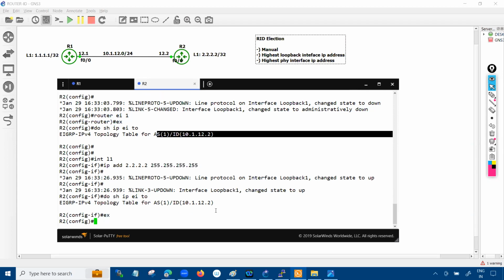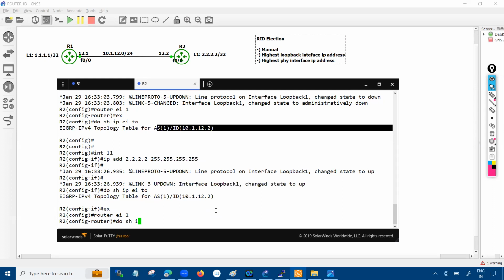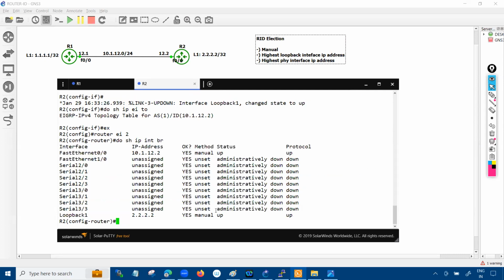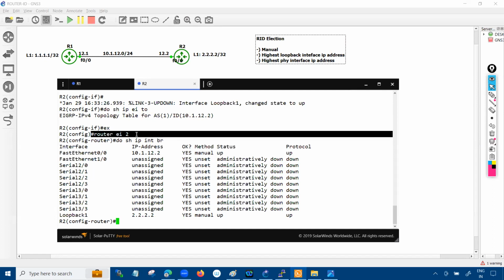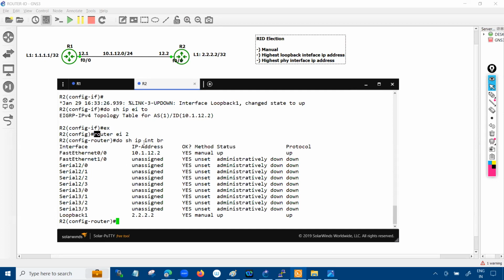But if I create another autonomous system number on router number 2, router EIGRP number 2, and see do show IP interface brief, what happened in that case? I just said router EIGRP number 2. Now for this particular autonomous system number, the router is going to pick the router ID. I haven't defined it manually, so it will go with loopback number 1. If you see do show IP EIGRP topology,